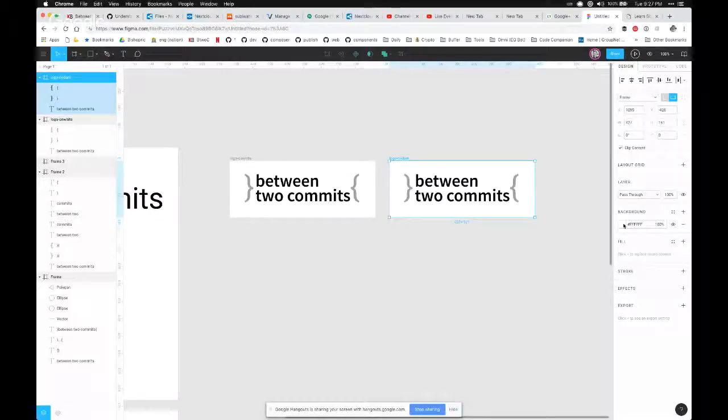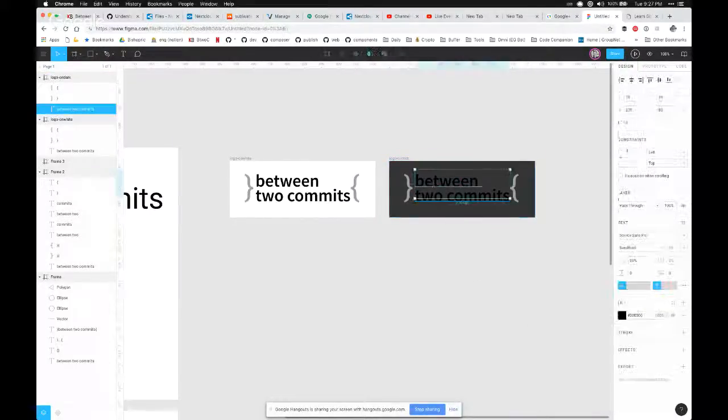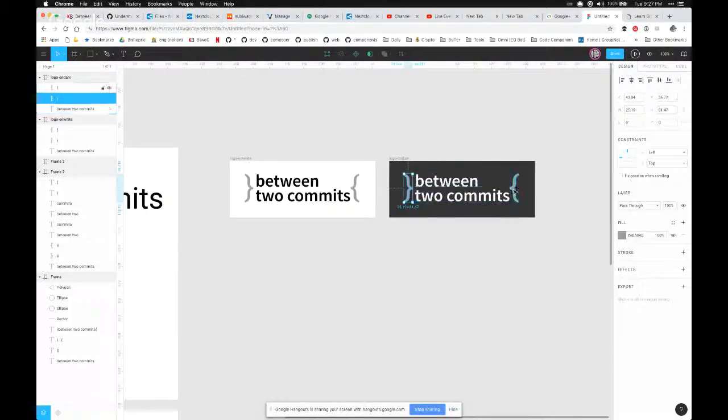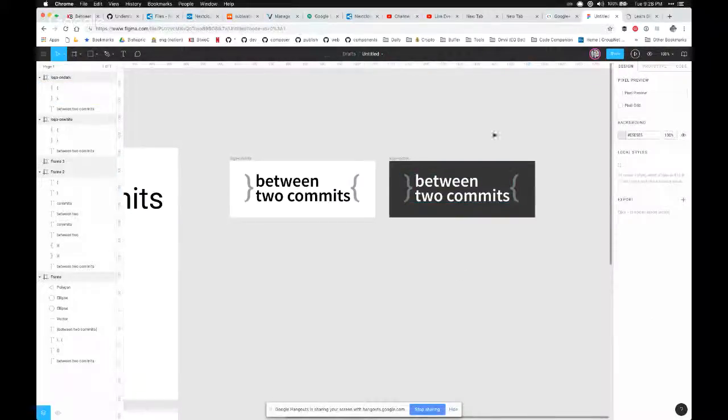So let's just call this one, just have it like this. So yeah. Change that, and then we change the text. So say it was down here, this would now be white. And these could also change a little bit, just relative to that. You don't want it too faded, but anyway, yeah, that looks kind of nice.